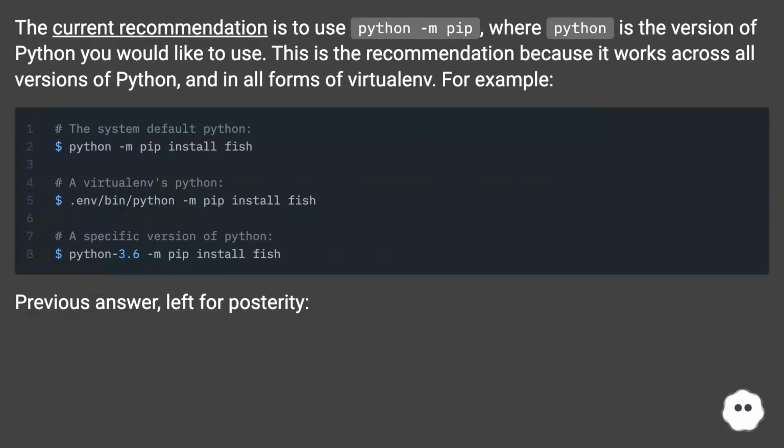The current recommendation is to use python -m pip, where python is the version of Python you would like to use. This is the recommendation because it works across all versions of Python, and in all forms of virtualenv. For example,